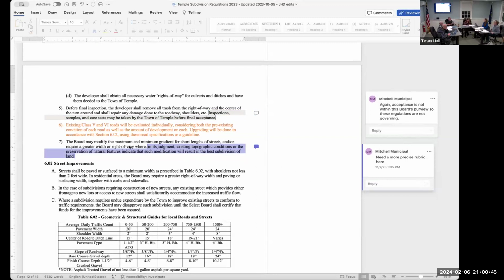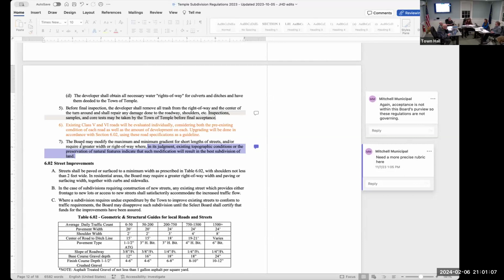So it's giving some latitude that somebody can not comply with the regulations if, in this board's opinion, it's a better use of land from a topology, from natural features. Right, I feel like we just take out the "in its judgment" and right of way when existing topographic,